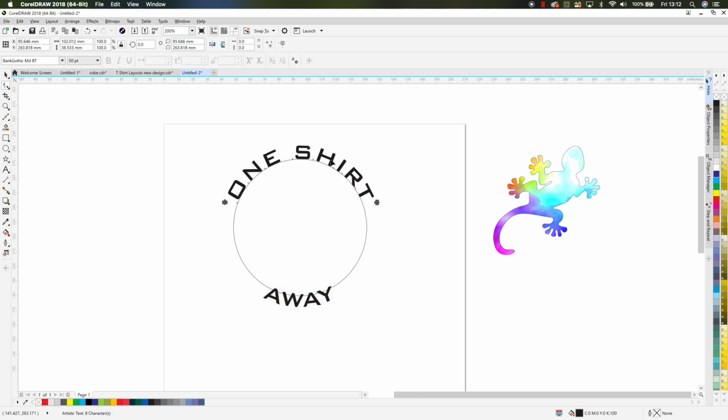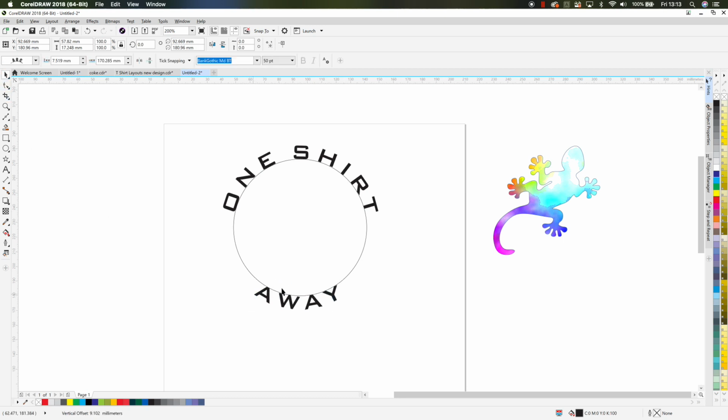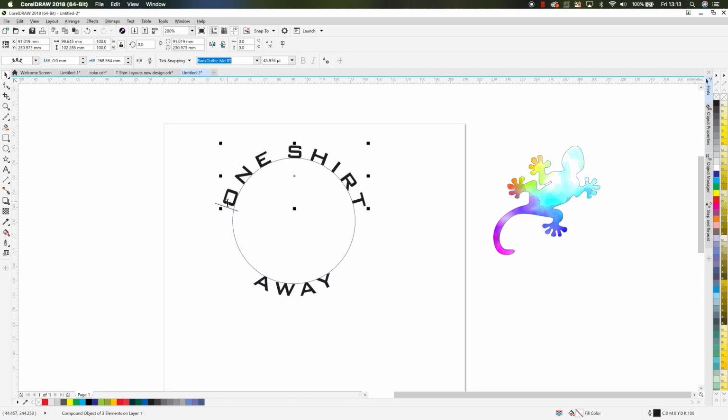And if I want to space this out again, I can go back to the shape tool to the left hand side there, and I can pull and stretch out the text. And again with that there as well. And also I need to move that back down because I've moved the position out of the way. Make sure we've got that central position there. That's cool. And I might want to reduce the size of that, in which case I'd have to increase the size of that font. So one shirt away,